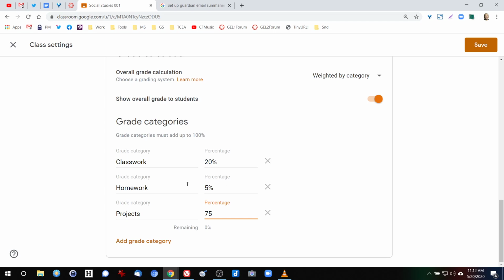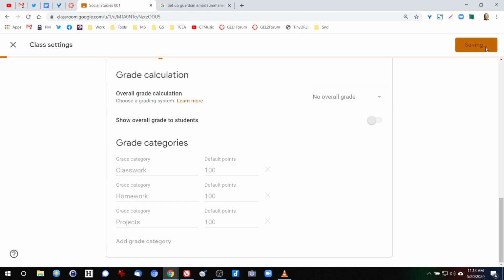But chances are these grade categories are going to be set up for you already through your school district. Maybe you've already decided on what those will be. Again, you don't have to do it weighted by category. You do have the total points option, or you can choose to do no overall grades if you don't even want to handle grades altogether. When you're done, go ahead and click Save,